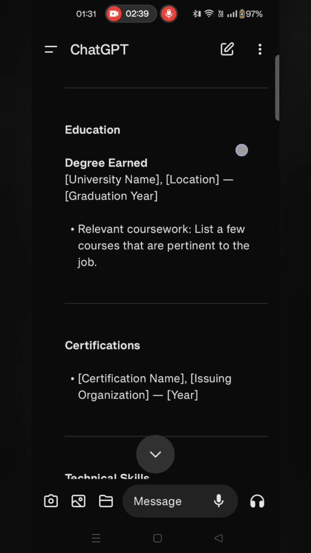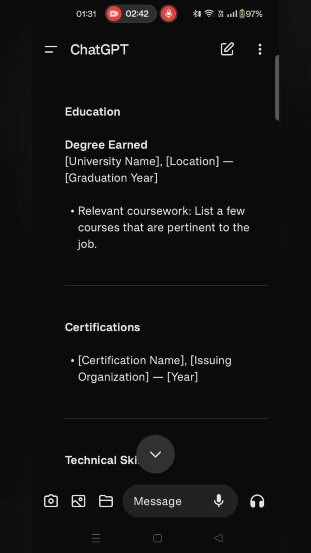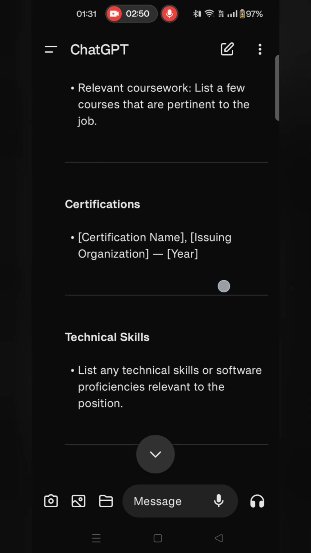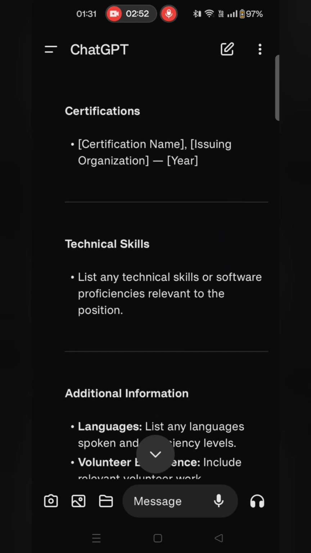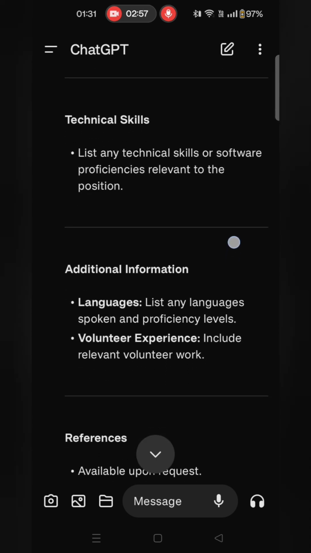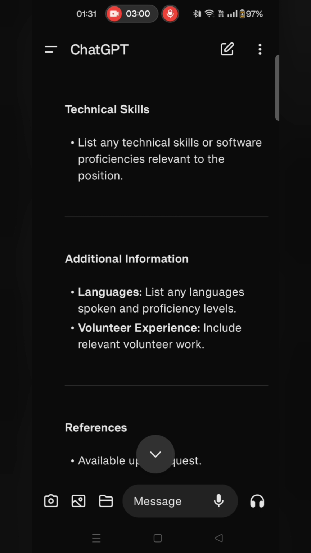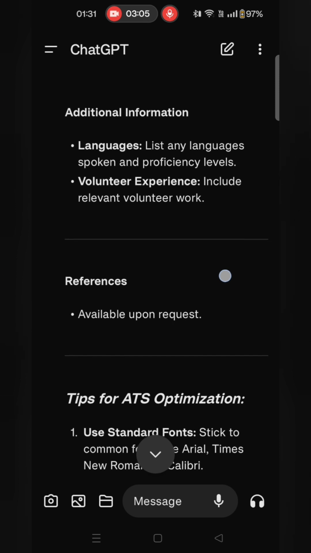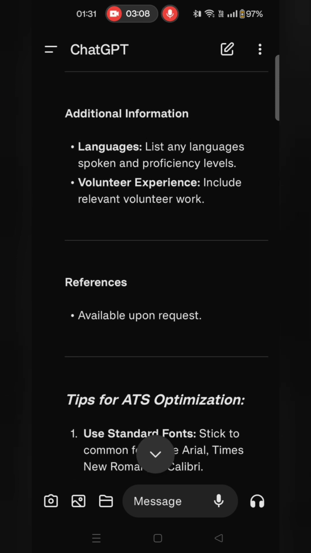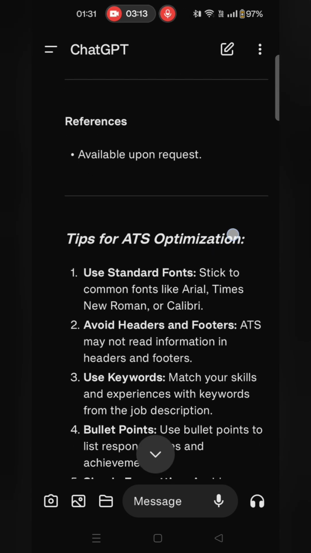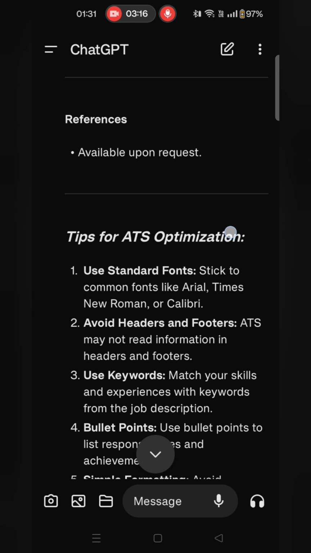Then education: your degree, university name, location, graduation year, and relevant coursework. Then certifications: certification name, issuing organization, and year. Then technical skills, list any technical skills or software proficiencies relevant to the position. Additional information, such as what languages you speak, any volunteer experience. And then there are references, which are not really that important.